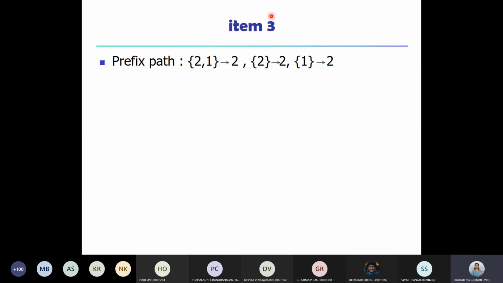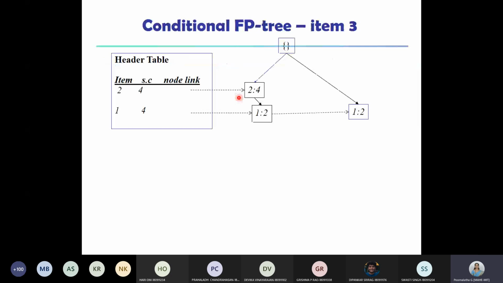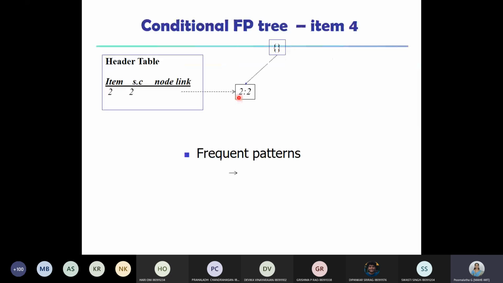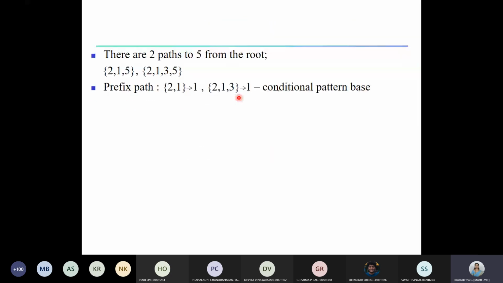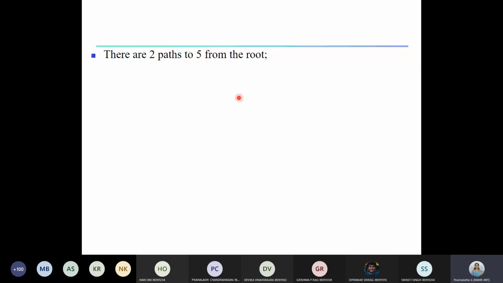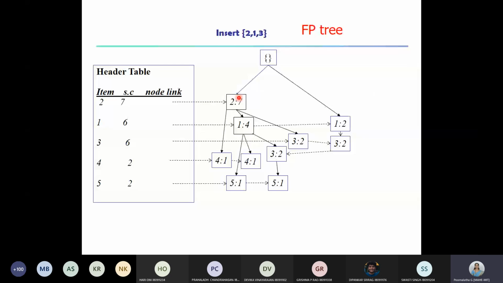Okay, so from the FP tree, the prefix paths for the item 3: there are 3 paths, 2, 1, 3, 2, 3, and 1, 3. And also you can note in your tree the count for this 3. If you look at the path 2, 1, I'll just go back to the FP tree quickly to show you this item 3. You can see this is item 3, right? What are the paths? 2, 1, 3. You can see the count of 3 is 2. Hence, in the prefix, I am writing 2 and 1 with the count 2. Fine.